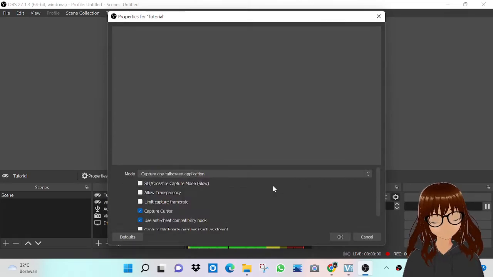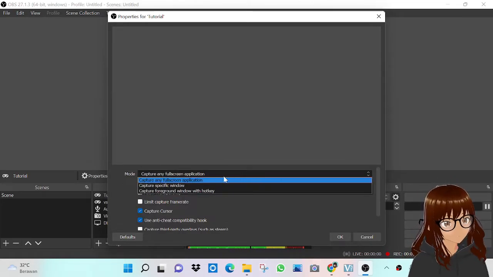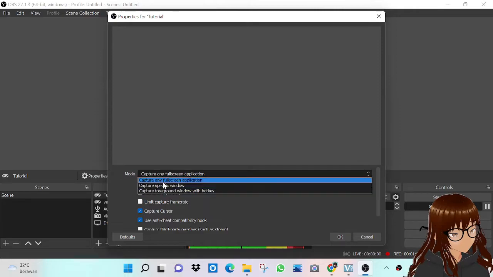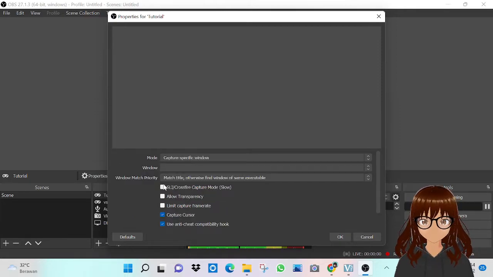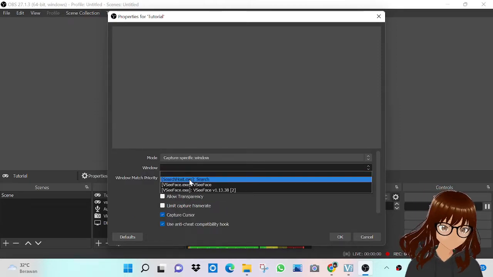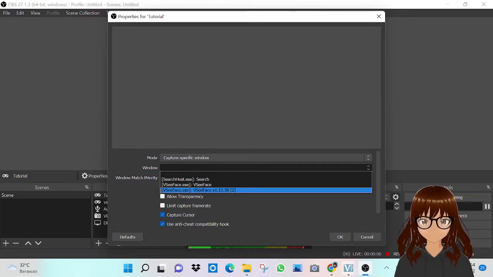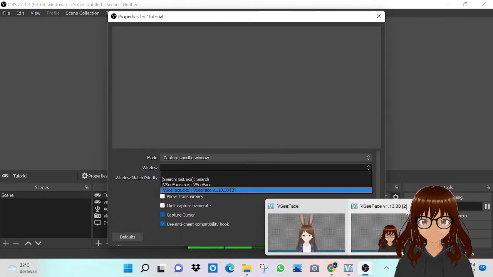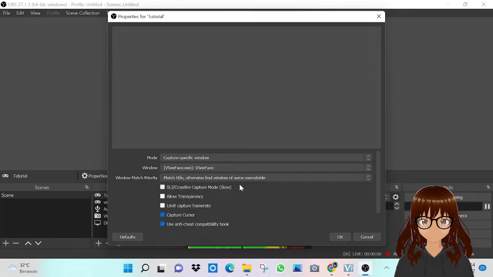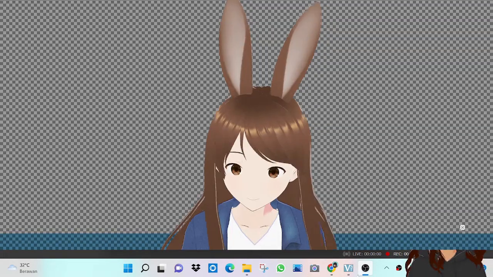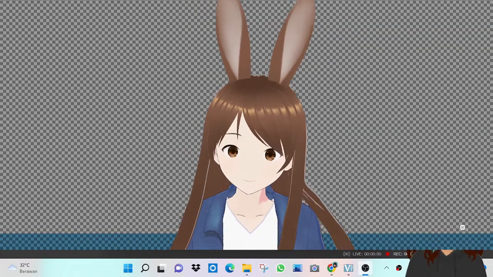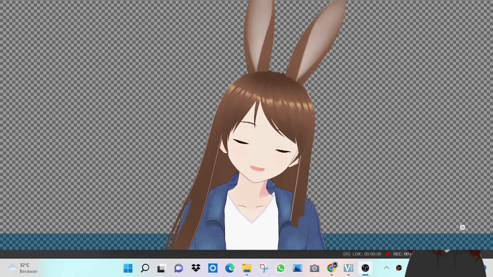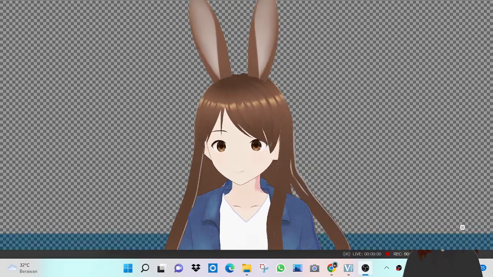Okay. Make a new, and then capture full screen application. You want to change it to capture a specific window. You choose it to, which window is this? I'll close. Oh yeah, it's VC Face. To the window, yes. And now as you can see, we have our VC Face in OBS Studio, but this